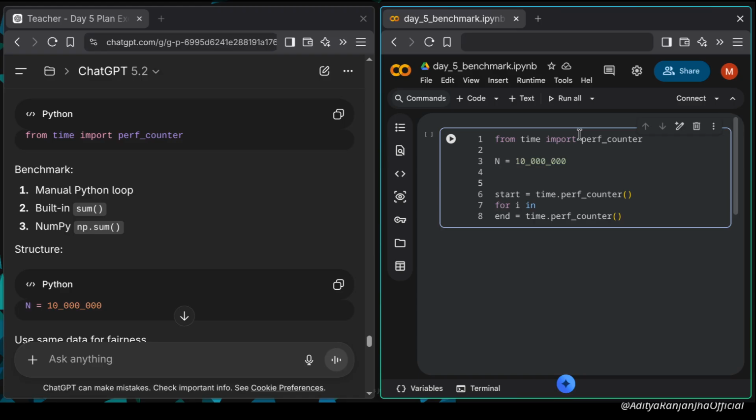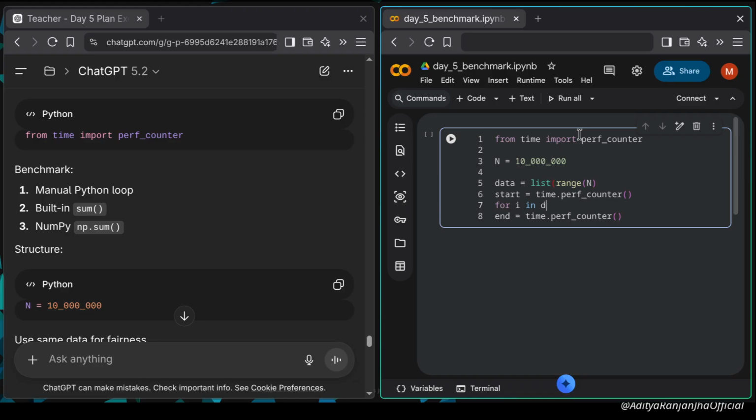So we'll have a list of range, n, and we'll store that as data. Now for I in data, what we'll do is